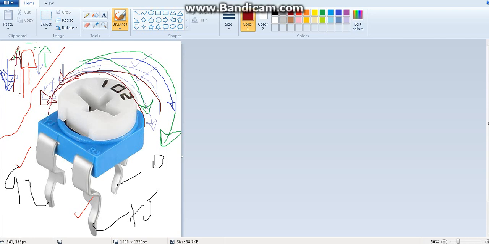If you are increasing the analog input values, the LED's brightness should go down. You understand what I'm telling again, right? So you increase the analog input, the LED brightness should go down. You decrease the analog input, LED brightness should go up. So the other way around it should work.